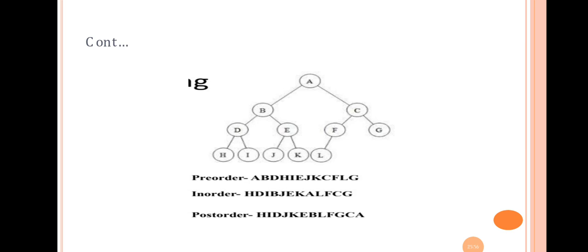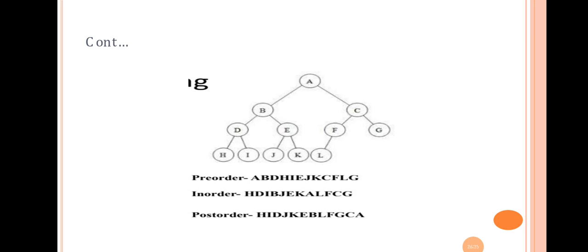So here is an example for in-order, pre-order, and post-order. First we are using pre-order. In pre-order, first we take the root node A, then left node B, and then the child of B is D, and then H, I, E, J, K, and then C, F, L, and G. This is pre-order. For in-order, we use H, D, I, J, E, K, and then A, L,